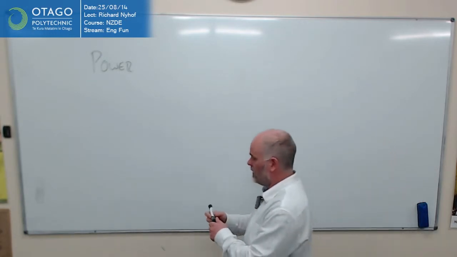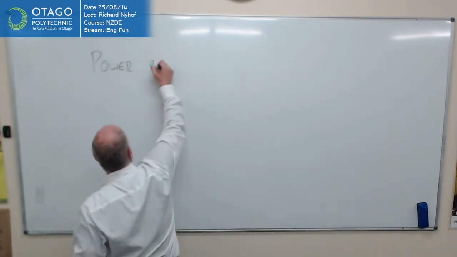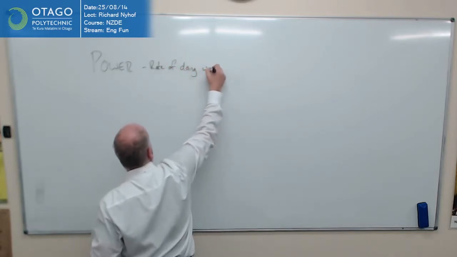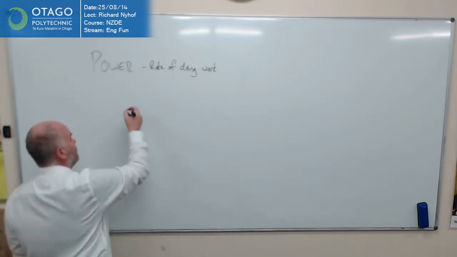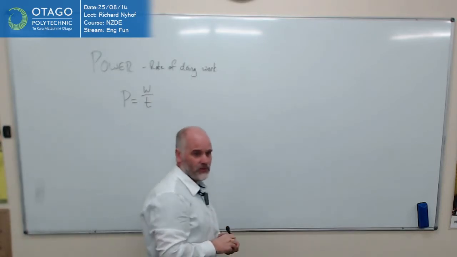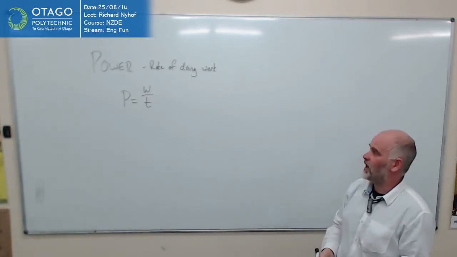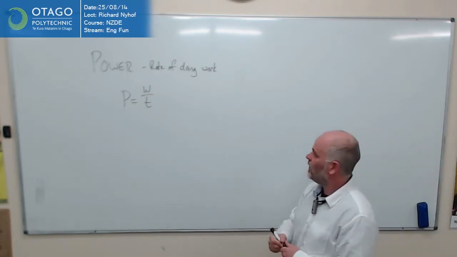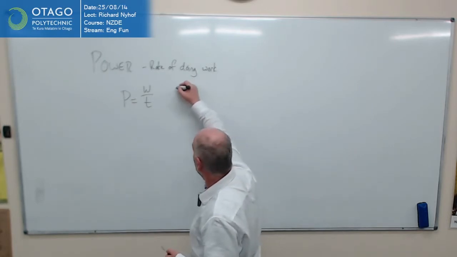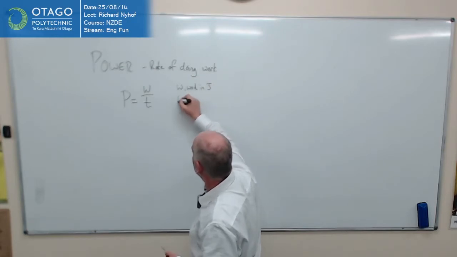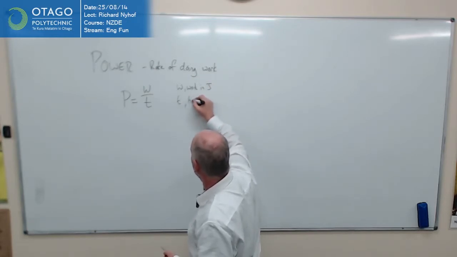So power is simply the rate of doing work. On your formula sheet, you'll see power is work done divided by time taken. And so the longer you take to do the work, the less power you have going on. So the units: W is work, which we've already talked about as being in joules. Time is in seconds, and power,